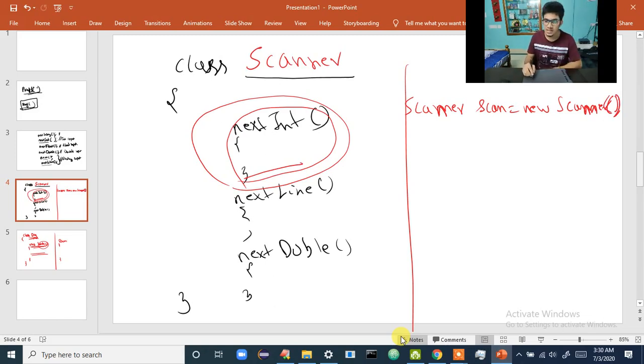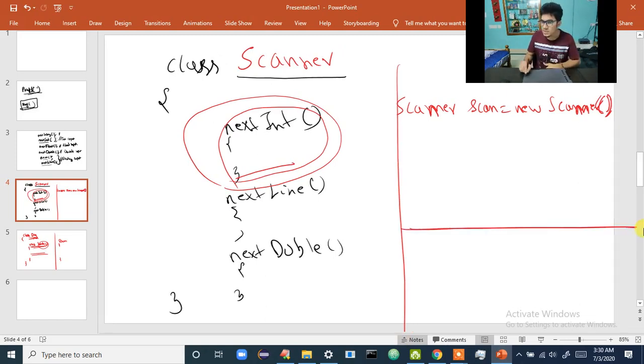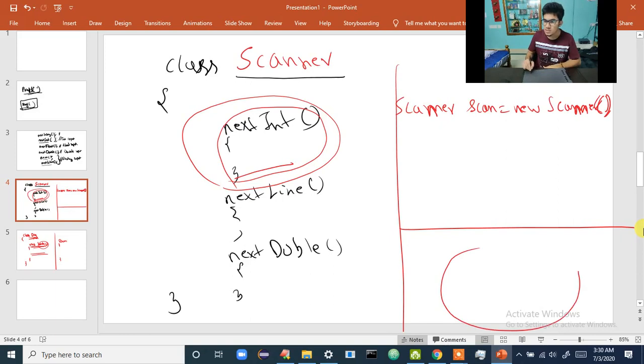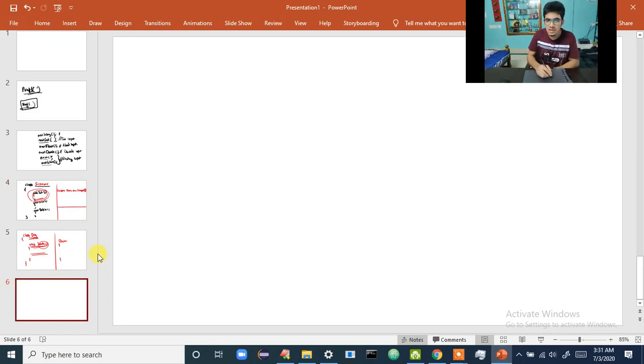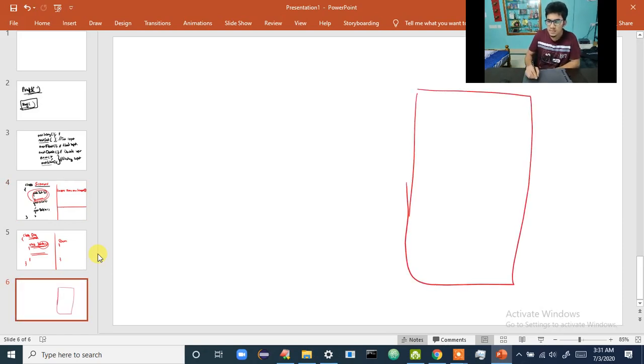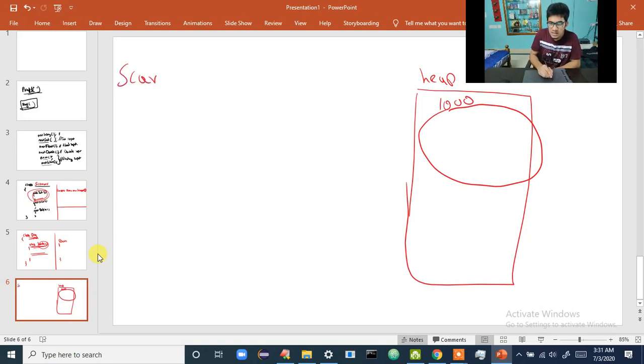But now what you have to understand is, since you have created a new object, new means it will allocate memory in the heap. This object has an address. What is that address? Let me show it to you on a new page. Since you executed that line with new, in the heap, this is our heap, one object is created like this. This object has address 1000. So you are executing this line, scan